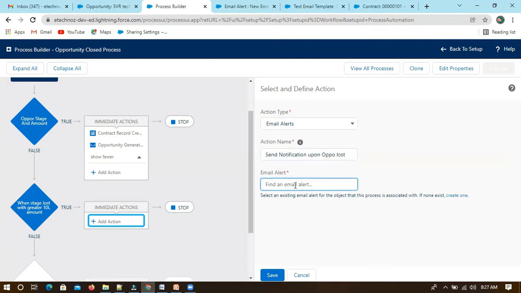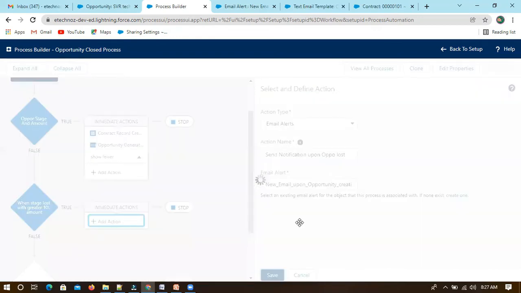We can define one more email alert, or we can use the same email alert. I'm using the same email alert, new email upon opportunity creation. We can create two different email alerts, one for stage 1 and one for stage lost, and save this.